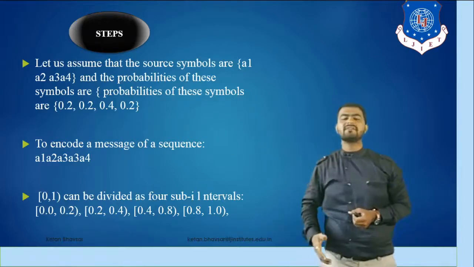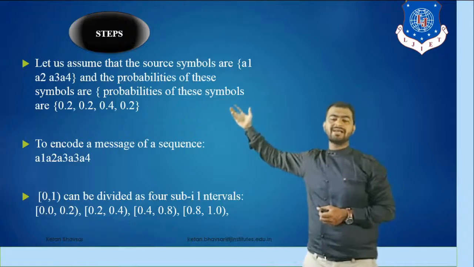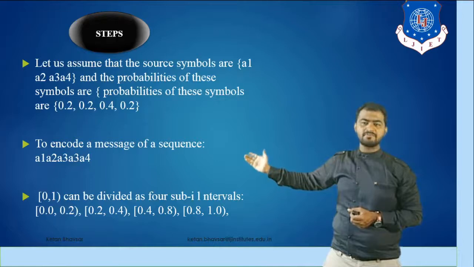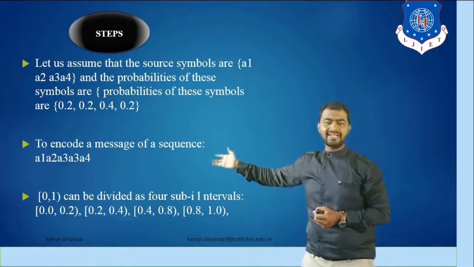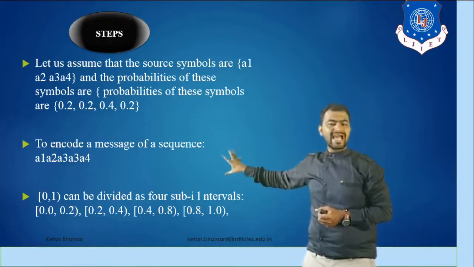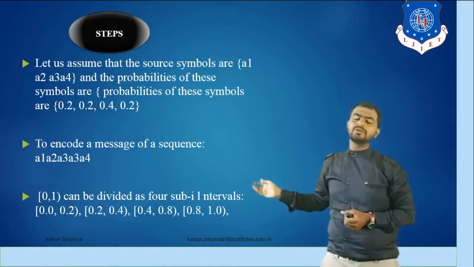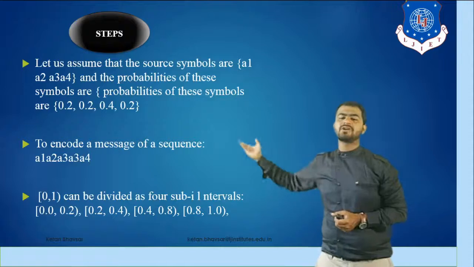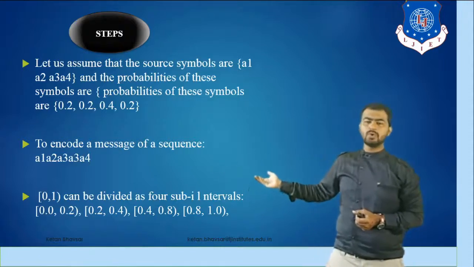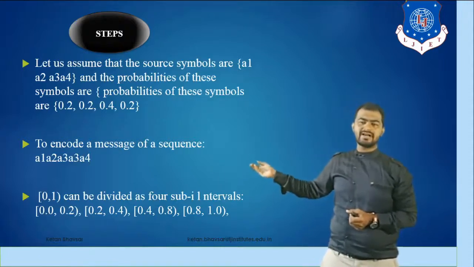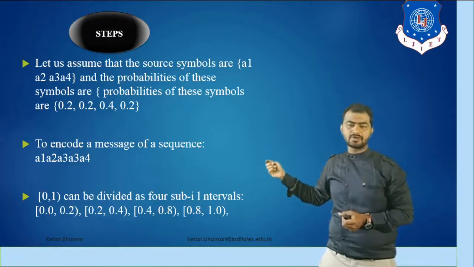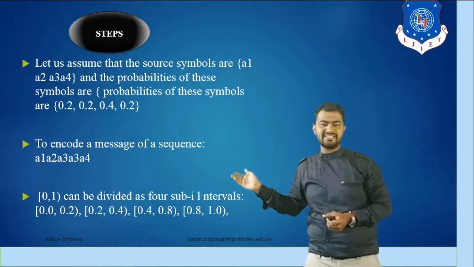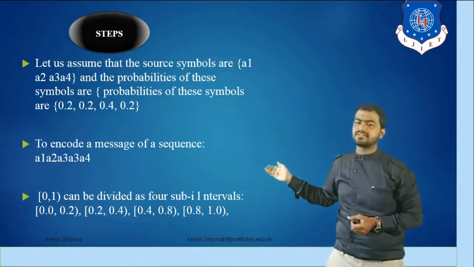Now the question arises in our mind: why do we take 0.4 here and the remaining three as 0.2? So the answer is here. Suppose you have an input sequence like this: A1, A2, A3, A3 and A4. As you can see, A3 occurs two times, and A1, A2 and A4 occur once. Ultimately we have a total of 5 symbols, so we have a range of 0 to 1, and we provide equal 0.2 probability to each one. So the total is 1.